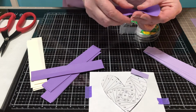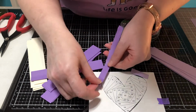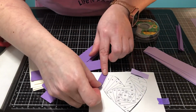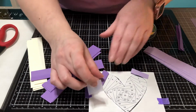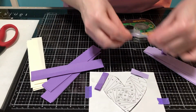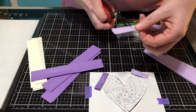So number 2 is on this side, so I need to fold this over. And I kind of measure it out. And I just cut, it's just eyeballing it and cutting. And then I grab my tape and I am going to place some tape over there. And then we grab our light one. Again, the seam is against the line, so I'm going to cut right here